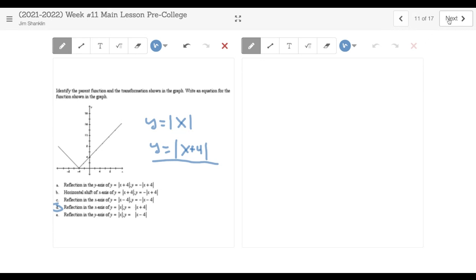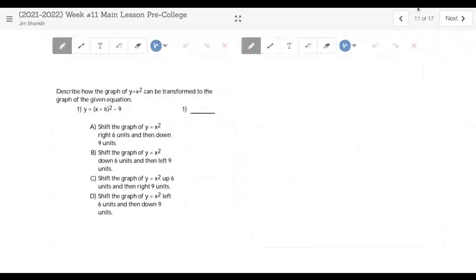All right, next problem. Let me go back to my thing. Number 8. It says describe how the graph of y is equal to x squared can be transformed to the graph of the given equation, x plus 6 squared minus 9. Well, the x plus 6 is shifting it 6 places to the left, and the minus 9 is moving it